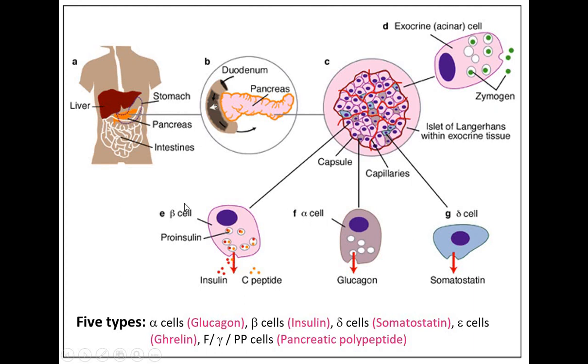So the activities of alpha cells and beta cells are under the control of this delta cell, and that is through this somatostatin. Again, important to note, somatostatin is also released from the brain, that is from the hypothalamus, which we commonly refer to as the growth hormone inhibitory hormone. It also gets released in a minor quantity from the stomach. So there are multiple sources of somatostatin in our body. The primary source is the brain, that is the hypothalamus, and the delta cells of the pancreatic islets.